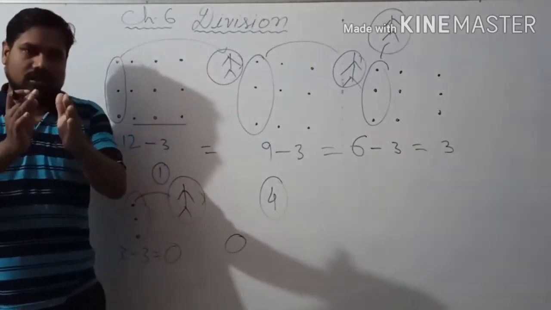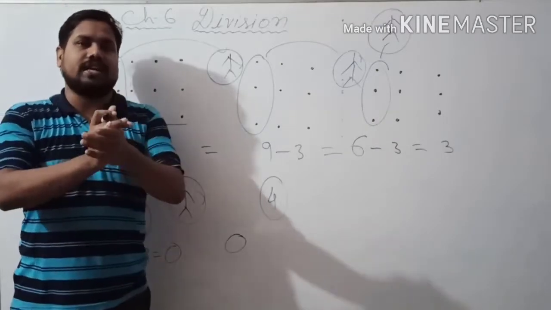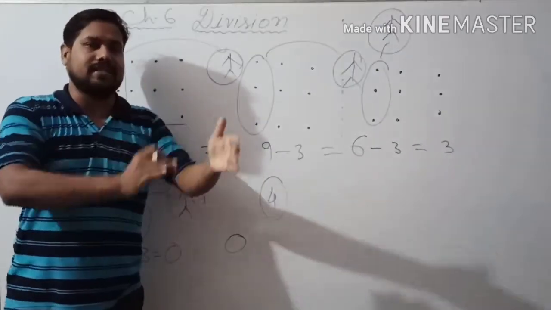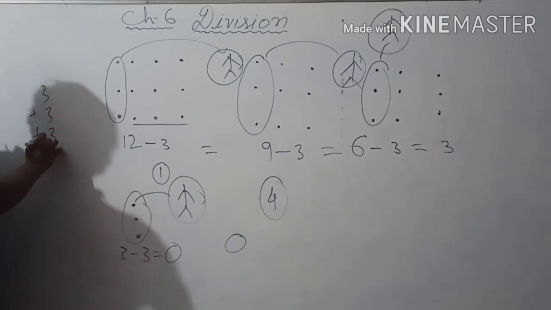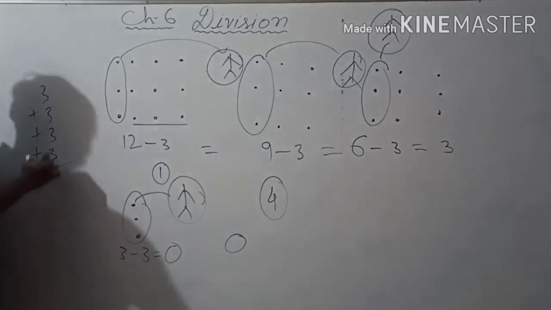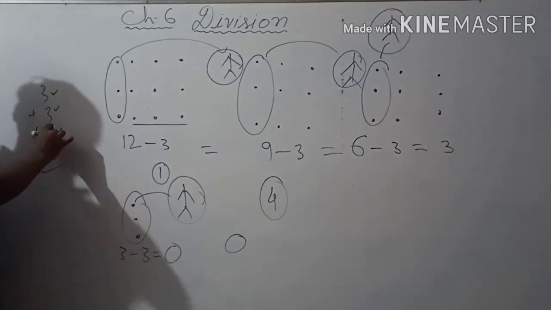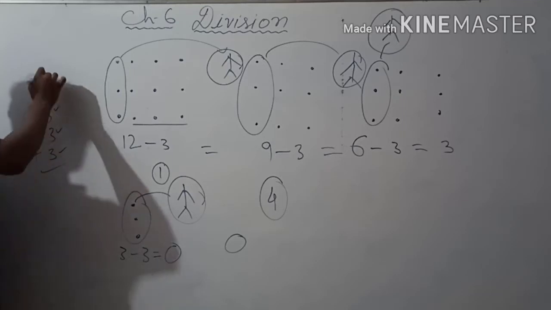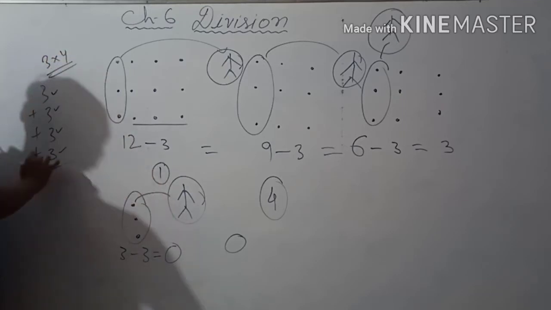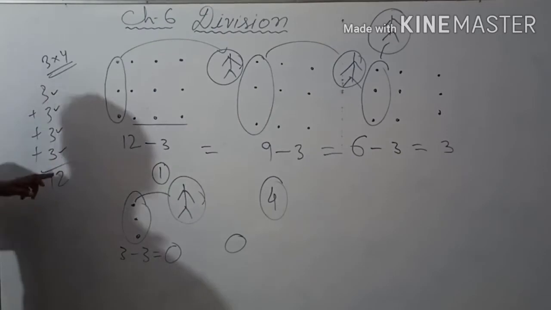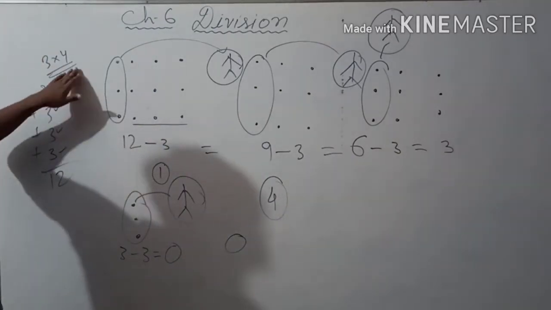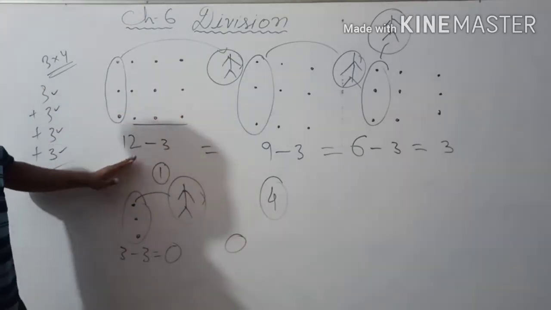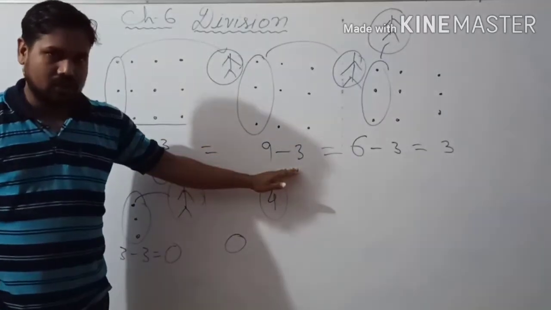Just as first we try to understand in multiplication that it is repeated addition. If you add 3 plus 3 plus 3 plus 3, as many times as you add 3, that many times it will be. So 1, 2, 3, 4. 4 threes means 3 multiplied by 4 is how much? 12. So if you add all these numbers, it will come to 12. So this is repeated addition, multiplication is just like that. Division is repeated subtraction.